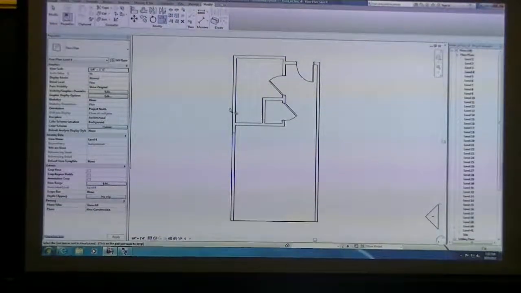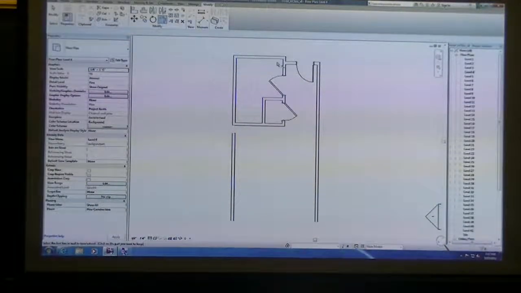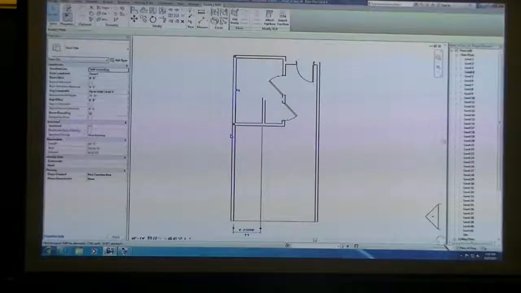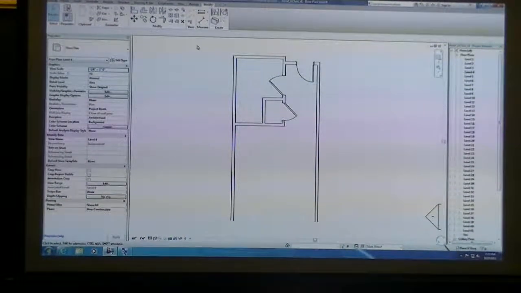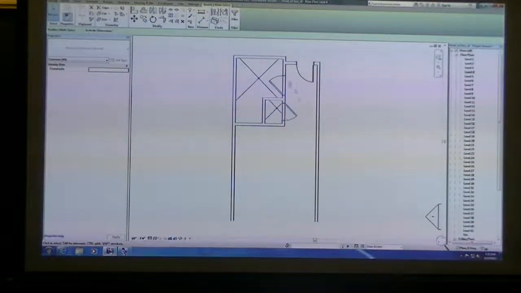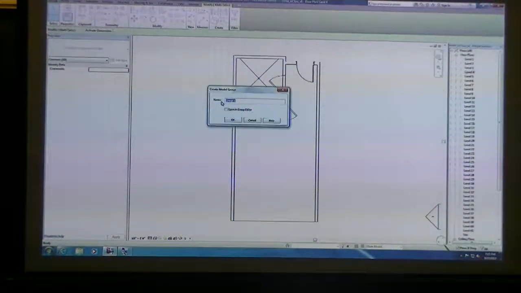And then I can use my trim and extend and make it so that I have this one wall associated with that bathroom, and then trim and extend. And I have two separate walls that are being divided about that intersection between the other wall that's perpendicular to it. So now I'm going to select this bathroom, and I can create this as a group, and maybe I'll call this